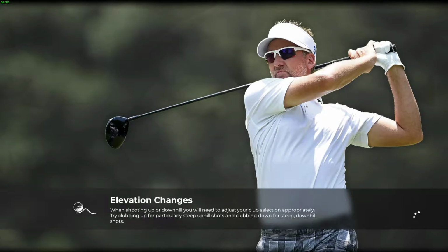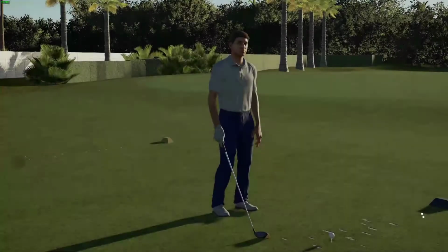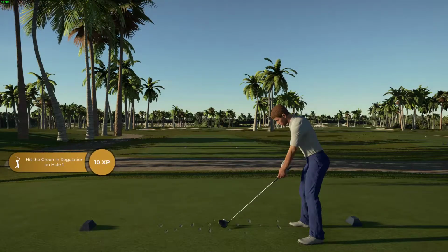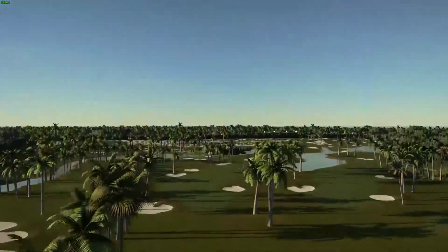Just gonna take the HUD off real quick once this loads. Hi there, welcome back to where we left off last time we were on this course. Time to kick off things here on first hole. So here we are at another great golf course,